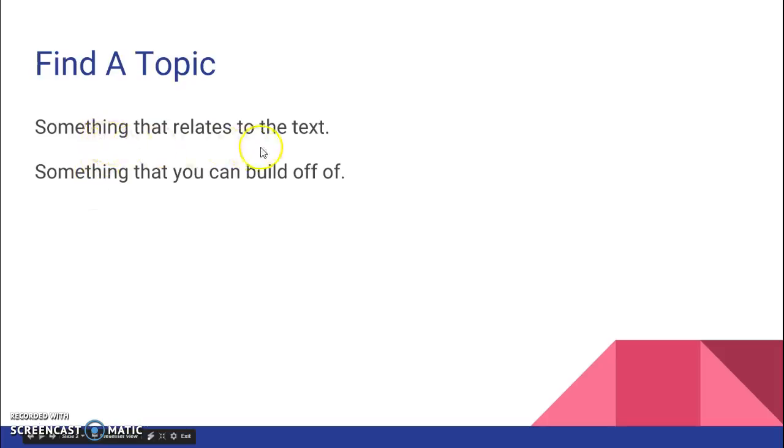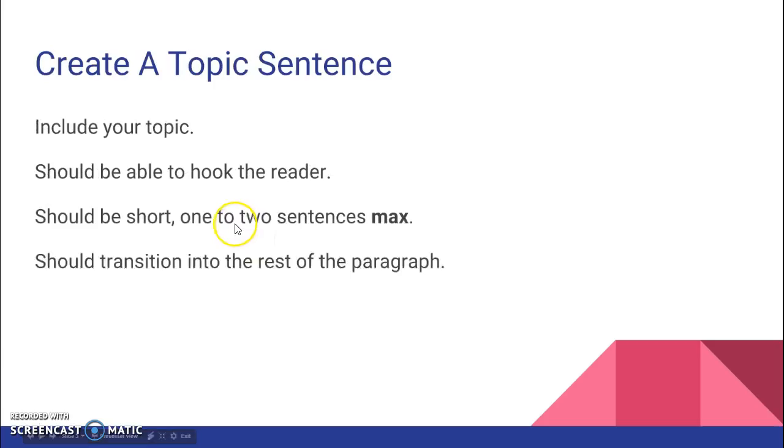It should relate to the text and it should be something that you can build off of. It should relate to the text because if it doesn't, you're going to have trouble finding quotes, and it should be something that you can build off of, otherwise you're going to have trouble making the arguments, you know? So second, you're going to want to create a topic sentence, so it should include your